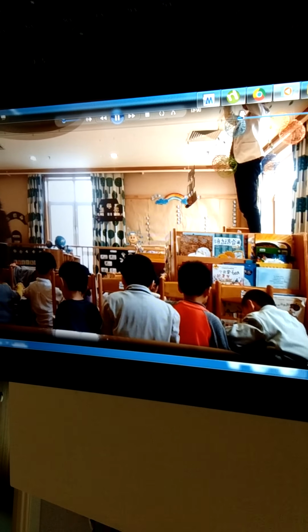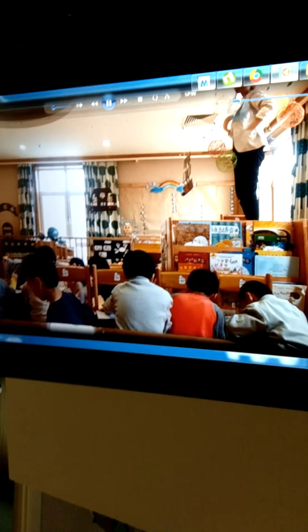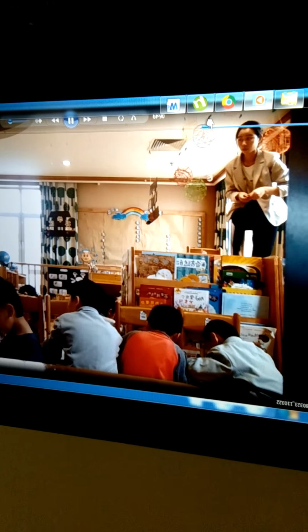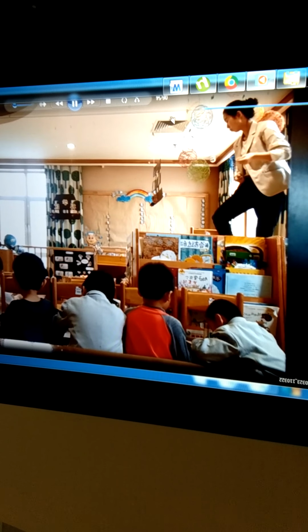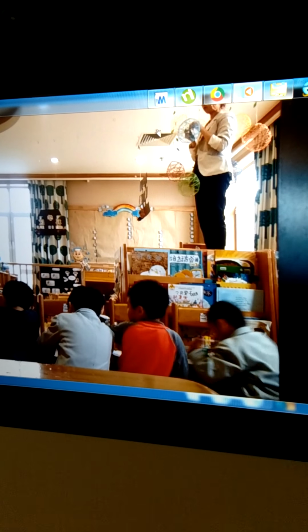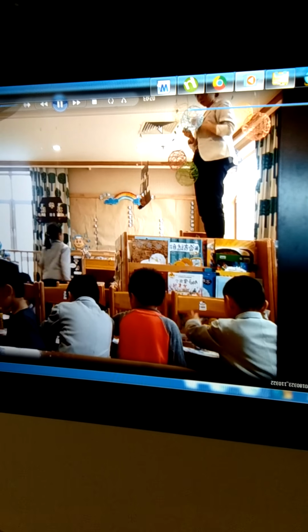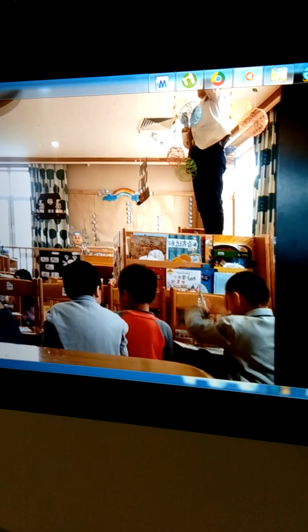Getting more stuff for whoever needs it. We arranged it a bit not so great, so they're not able to go get their material themselves. I have to go get it for them, or risk chaos with too much movement. They're getting a bit noisy now. Oh yeah, this was a bit of a mess.